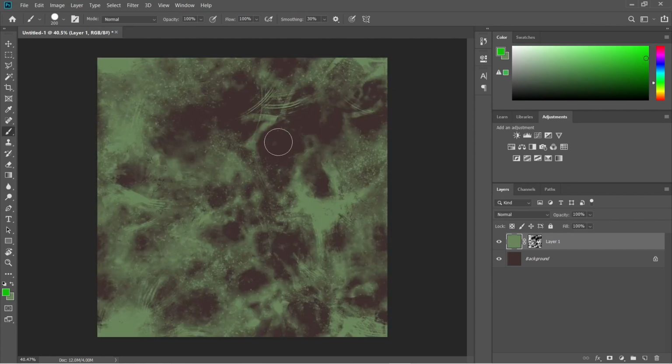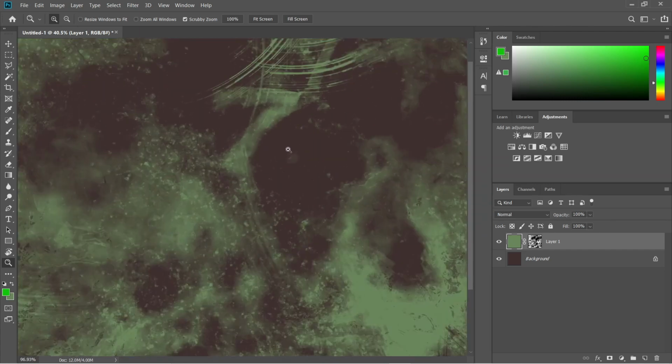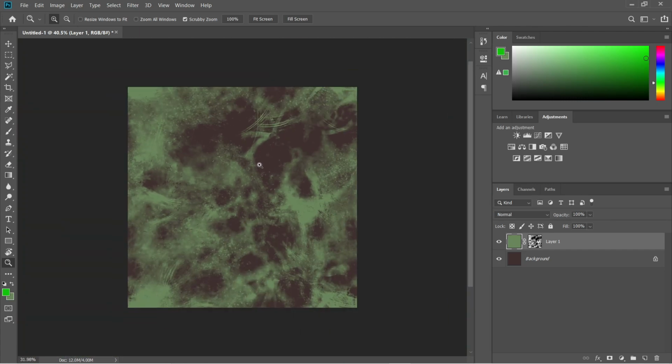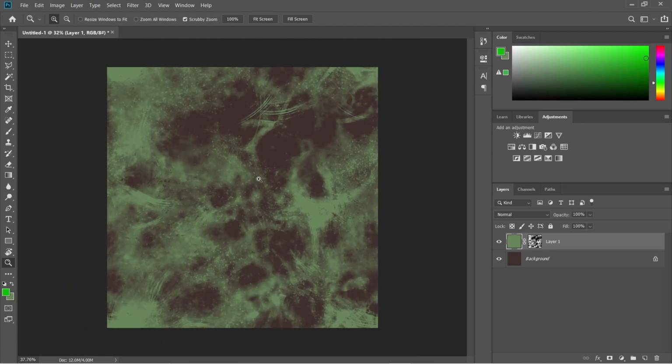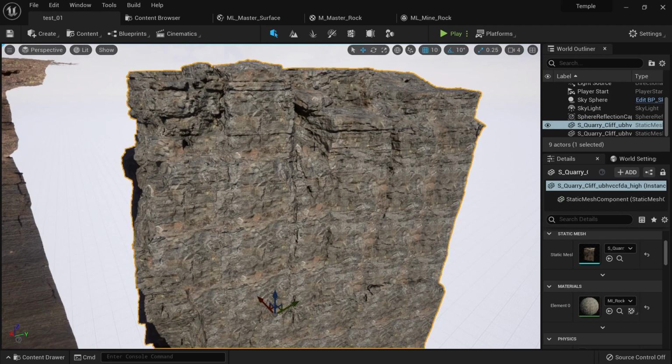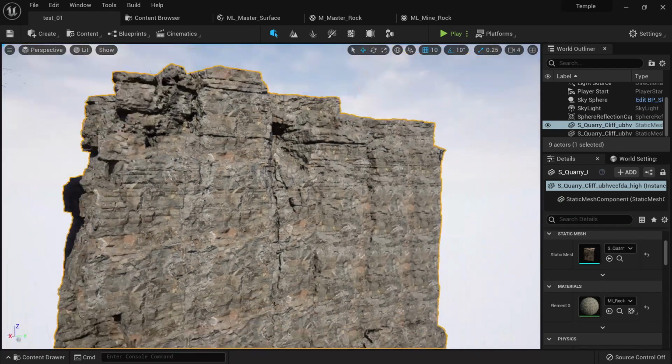Okay, and now you have the two layers that are blending. So this is what we're gonna do in Unreal. We're gonna create this mask, and we're gonna tell Unreal to use this mask to actually use a material here and another material in the background. Alright, so now that we know how to apply the mask in Photoshop, let's see how we can do it